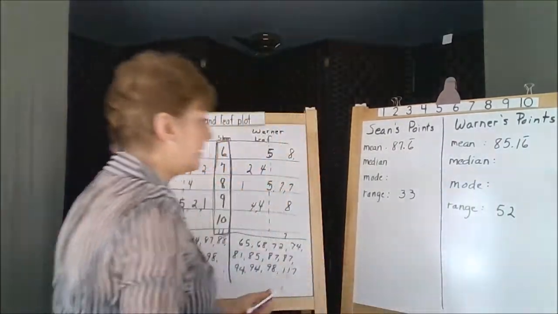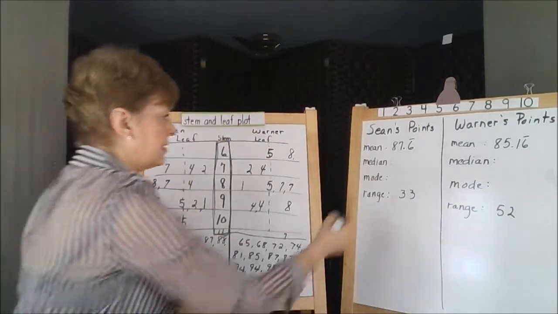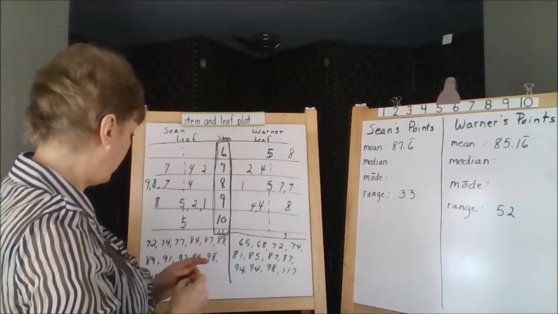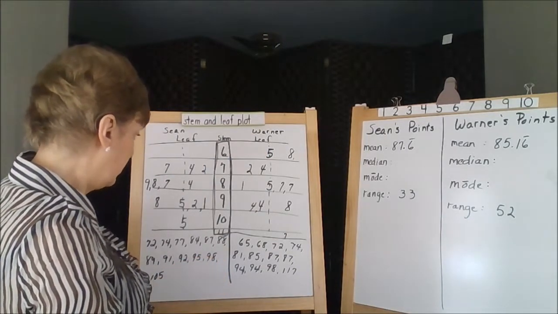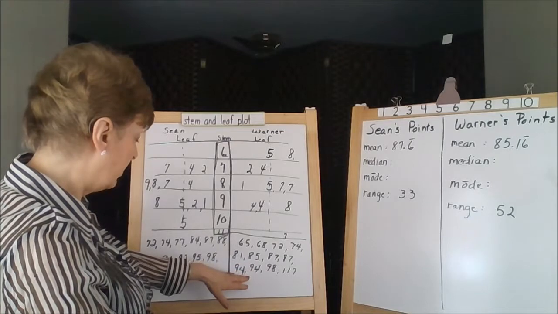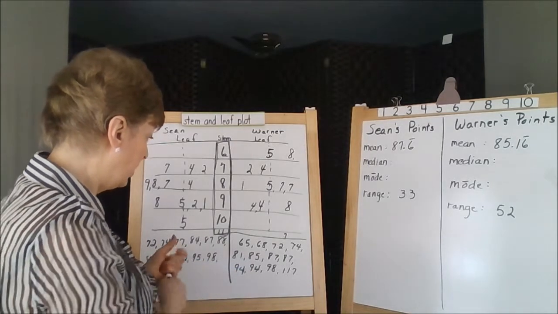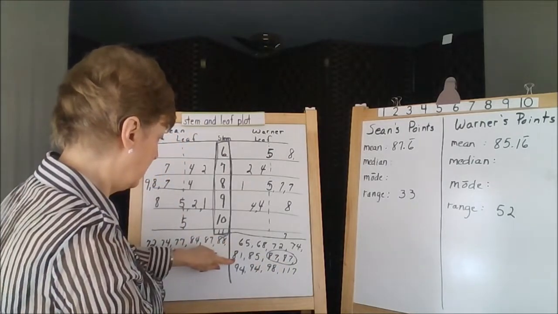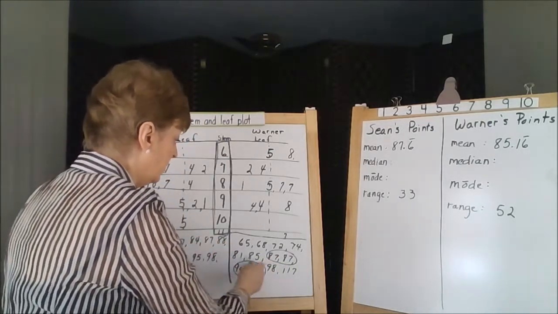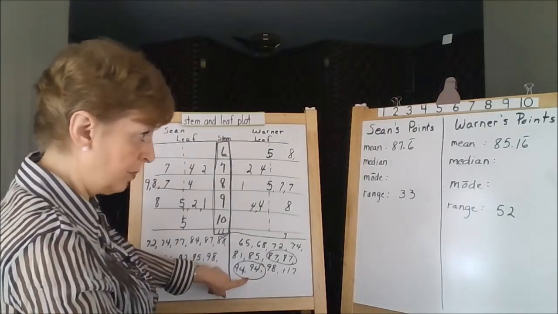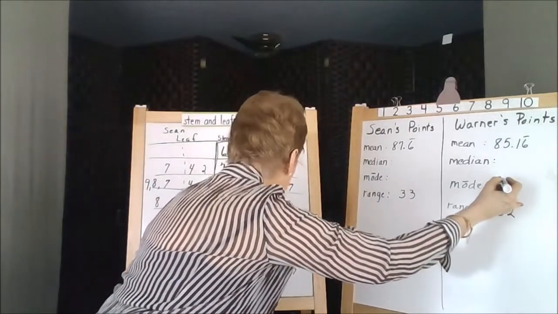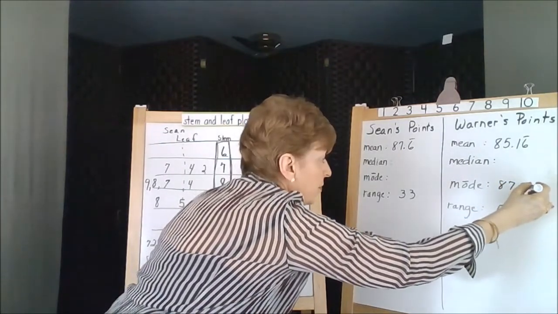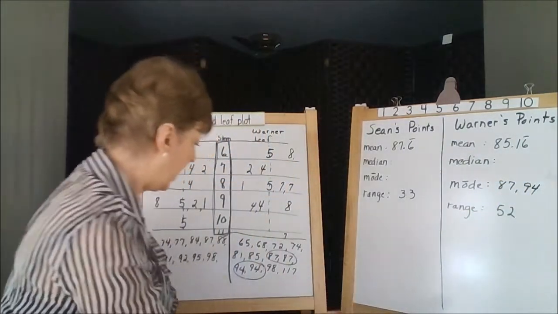Let's look at our data set to find the mode. That's the mode, the most often number. Warner has a repeating number here with 2 87s. Everything else seems to owe 2 94s. So he has 2 modes. That would be 87 is a mode, and so is 94, because the data points both had 2 in it,